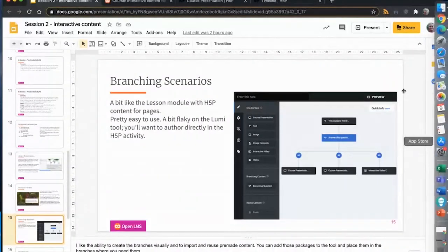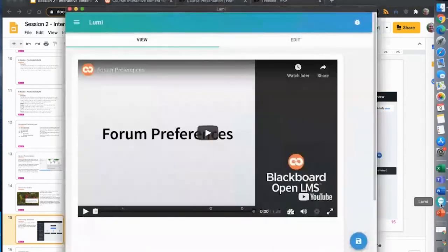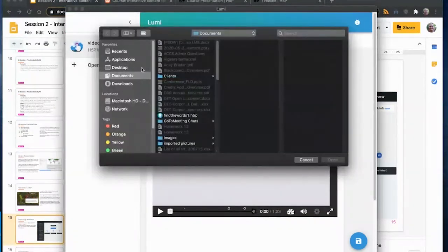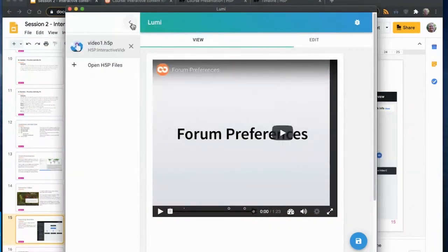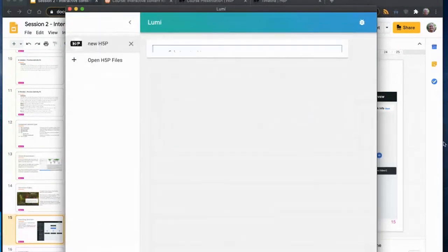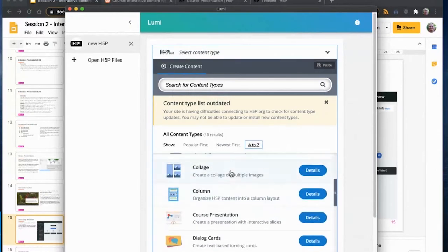So I'm going to drop out of that and, oh, dare I use Lumi? Yeah, let's take a look at Lumi for that. Oh, wait. Right, I have to close you to get back to you to choose, oops,